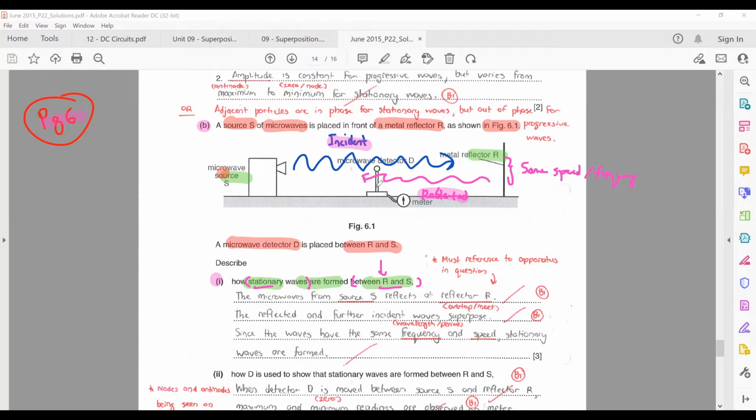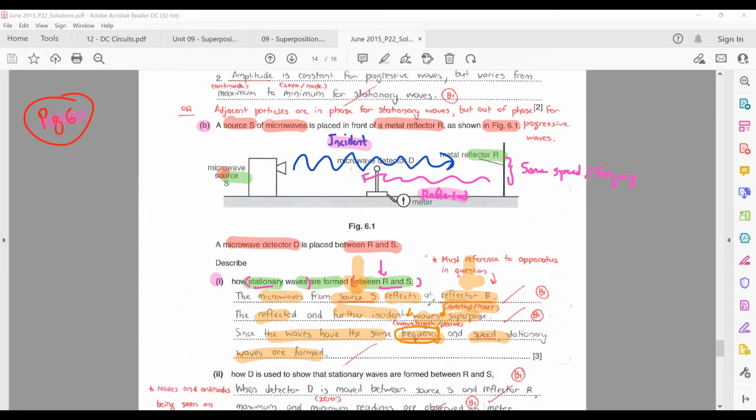For example, they tell you that microwaves from source S is reflected at reflector R. You must have these 2 words. The reflected and further incident waves will superpose, overlap, or meet each other. Since the waves have the same frequency and speed, stationary waves are formed. Okay. Now the term frequency, you can always replace it with some other thing like